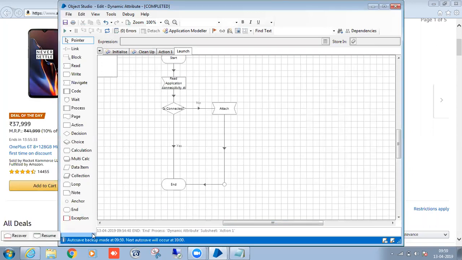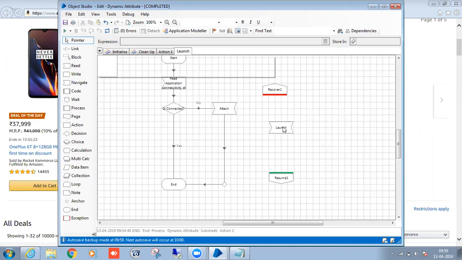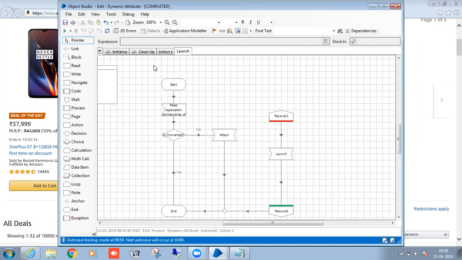If more are not happening, we'll go to the next section. Exception will be caught with the recovery. Now we'll take the launch. And this is about the launch page.